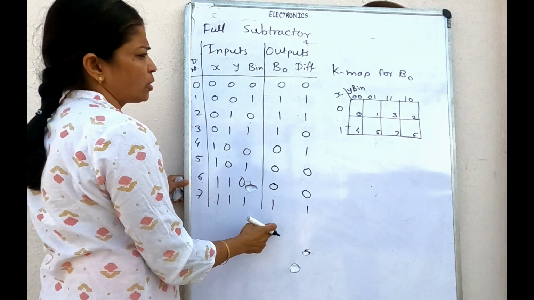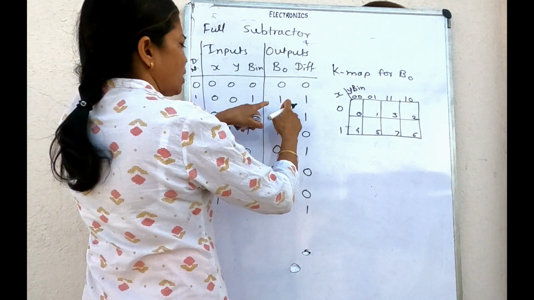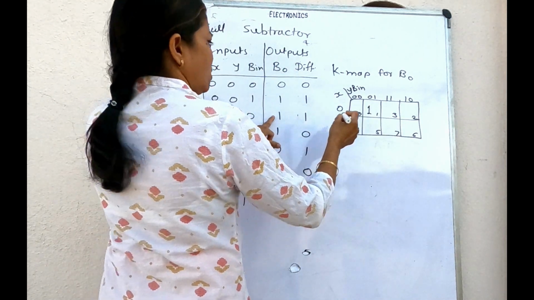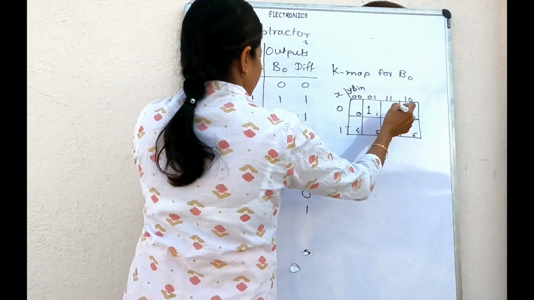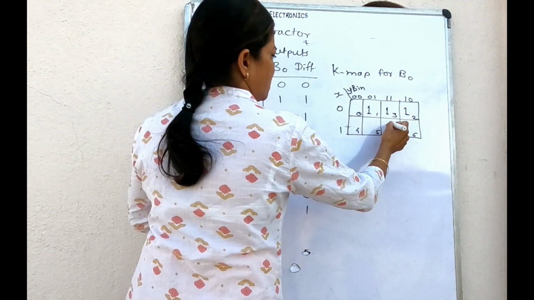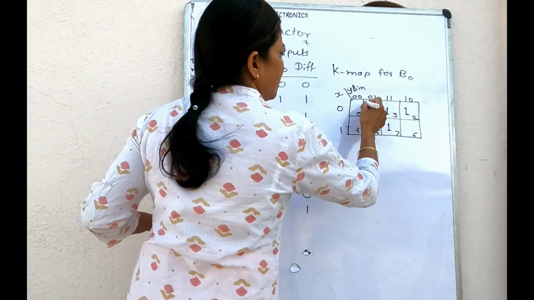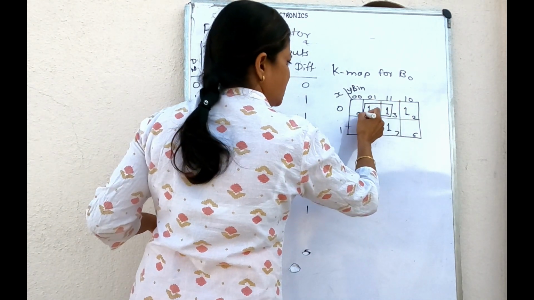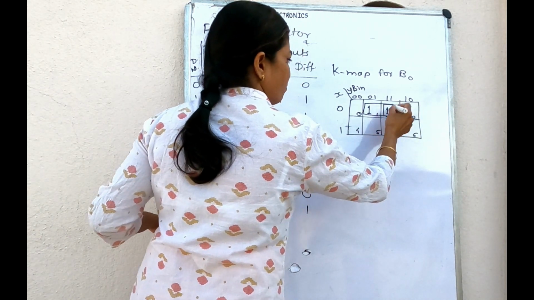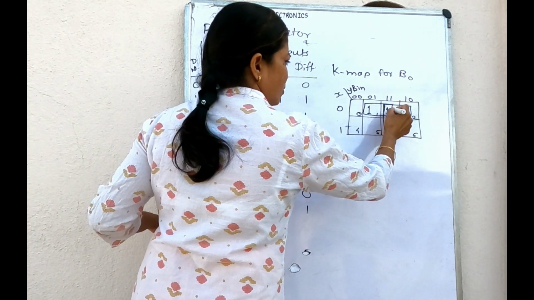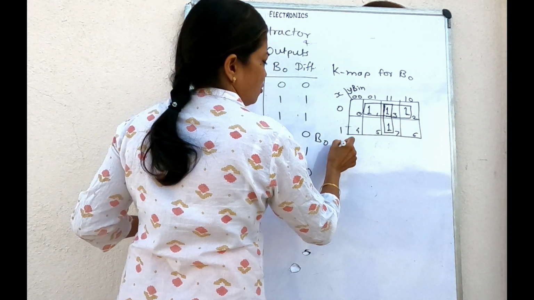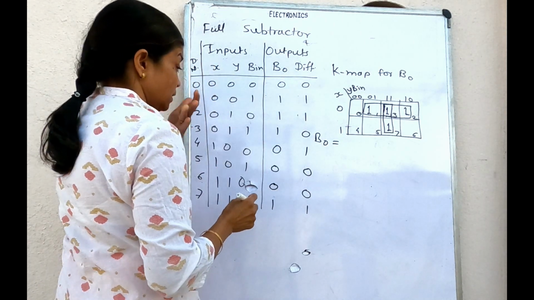Observe here the column for the B0. Here it is 1 for the 1 number cell, 2 number cell, 3 number cell, and 7 number cell. So that we have the pair of cell number 1 3, 3 2, and 3 7. So that B0 equation be given as equals to